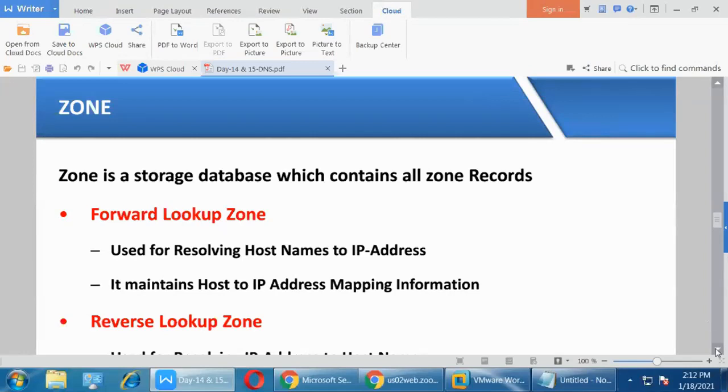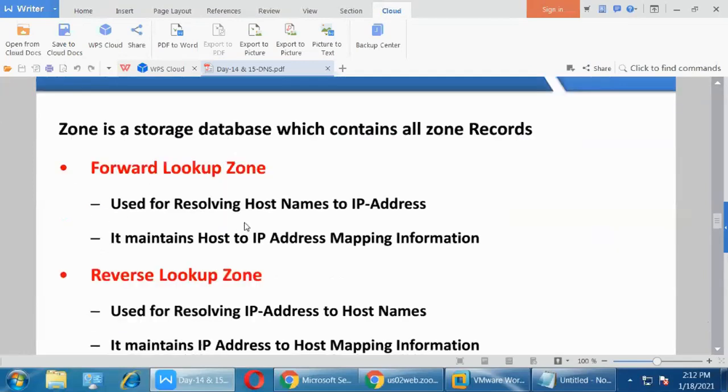It stores that information. The forward lookup zone maintains name to IP address. For example, Usman and his phone number, Amjad and his phone number, Tahir and his phone number, Riyaz and his phone number. I maintain this name and number in the forward lookup zone. In the same way, Facebook.com and its IP address, Dell.com and its IP address, IBM.com and its IP address, Microsoft.com and its IP address are maintained. The forward lookup zone maintains these.